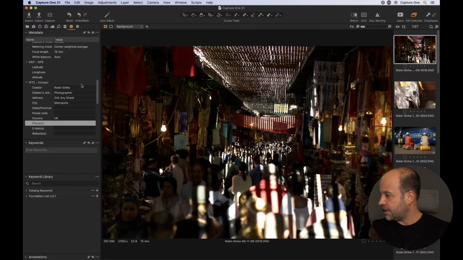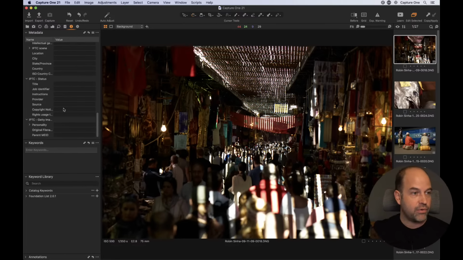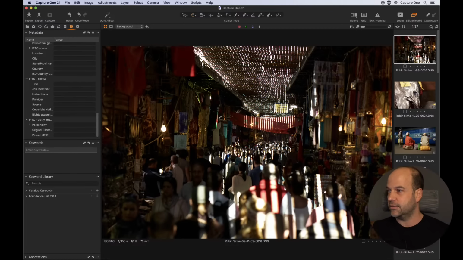Does the metadata you create in Capture One erase the metadata in camera? I've set up copyright information in each camera. It would, Derek, but what you could do is, as long as the metadata template is using the same standard, further down at copyright notice, just make sure that's blank. And then when you save your user preset, just make sure you don't have that copyright box checked and then it won't overwrite it. Because if it's ticked and the field is blank, then it's going to overwrite it. All right,